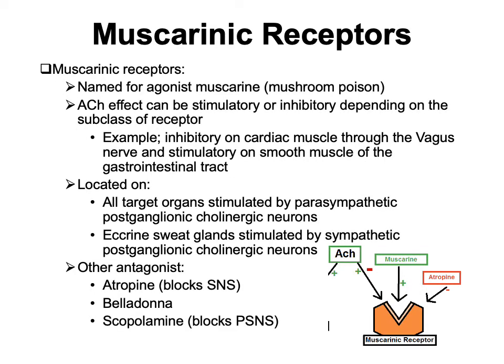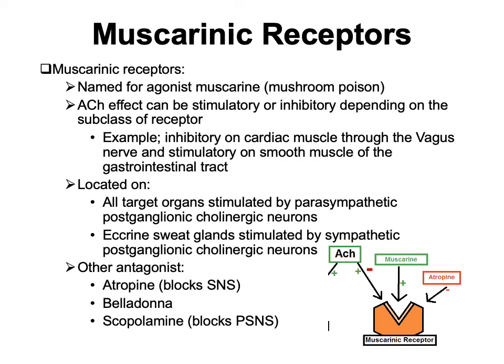The other type of cholinergic receptor are muscarinic receptors, and they are named for the agonist muscarine, which is a mushroom poison that they respond to. Acetylcholine can be stimulatory or inhibitory depending on the subclass of these receptors. For example, it can be inhibitory on cardiac muscle through the vagus nerve, or stimulatory on smooth muscle in the gastrointestinal